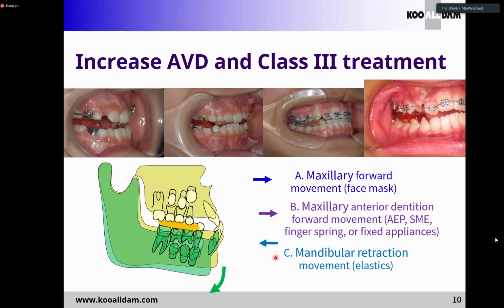And also, in some cases, we want mandibular retraction in the lower arch, this area. So the first thing